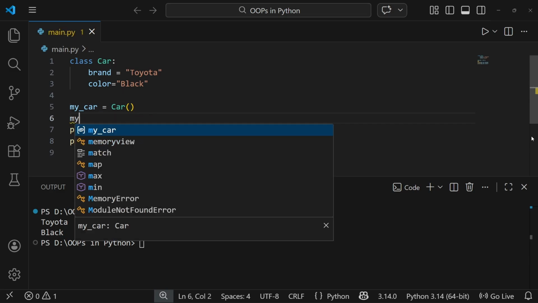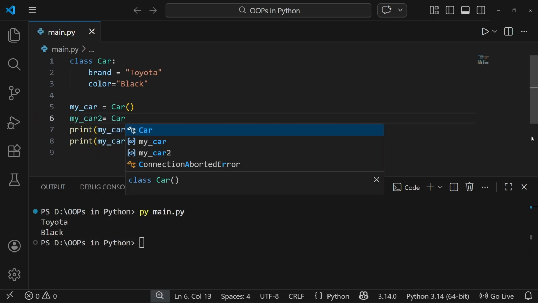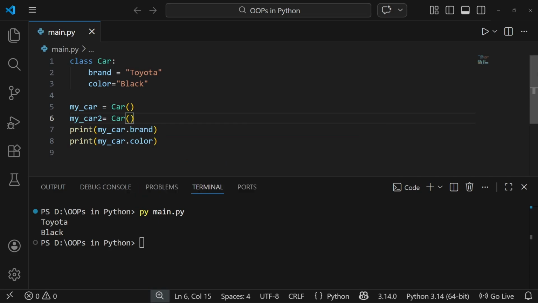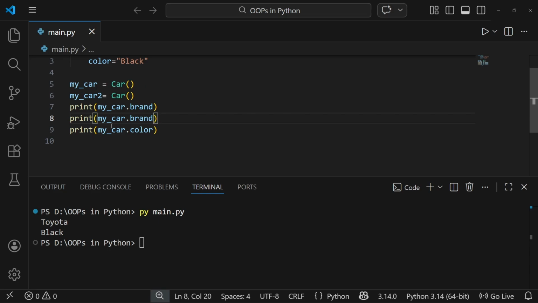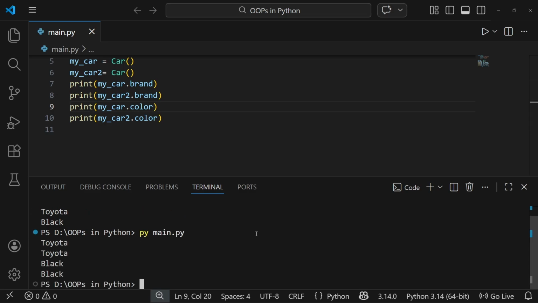Let's take another car, my car 2, also an instance of that class. If I do the exact same thing again and run this code, what I'm getting is Toyota black,